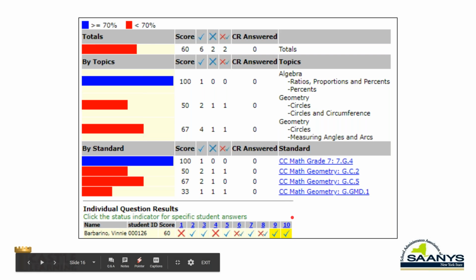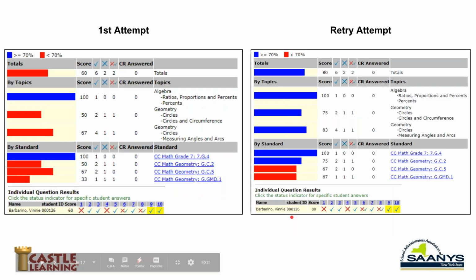One of the things that we tried to do in our tool was allow us to take a look at both a first attempt and a retry based on some instructional help that a student would get, even in a home instruction setting. As the student went through and answered those questions on that first attempt, we were giving them some instructional help on the questions they missed on their first attempt.